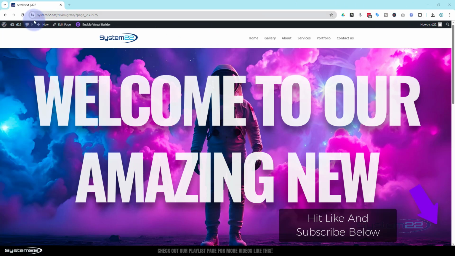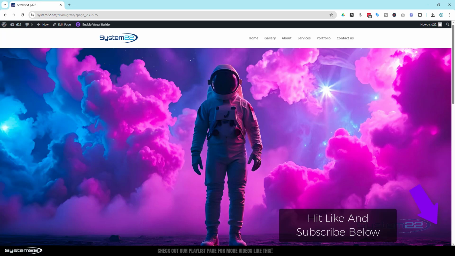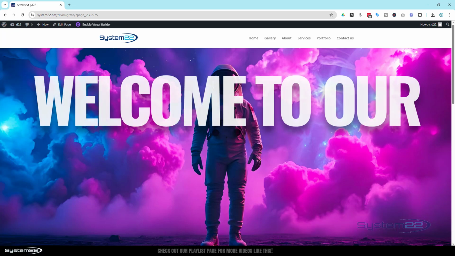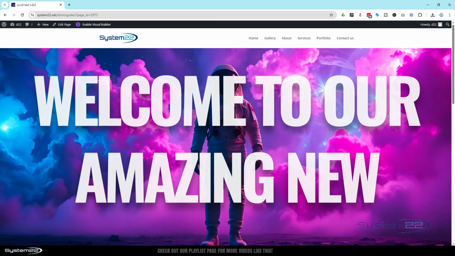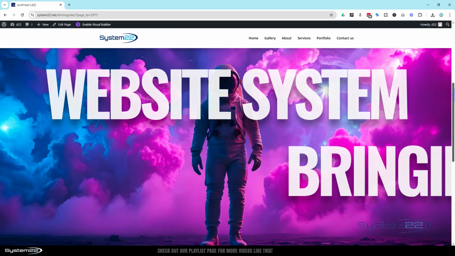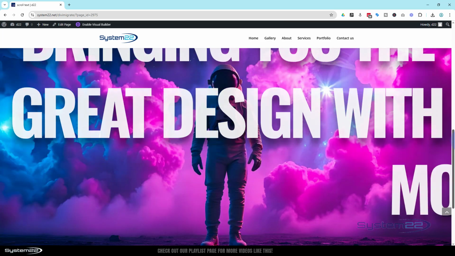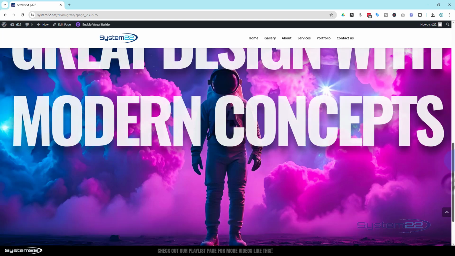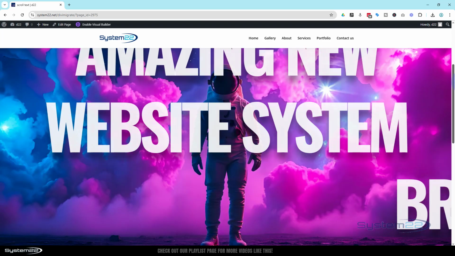I'm going to reload this page and we've got our page load. Then we've got our first little title rolling in there. Then our second little title rolling in there. And if I scroll down this page, you'll see that we've got various lines of large text rolling in from either side. And you can have as many of these as you want. When we roll back up, they're going to disappear out the same way as they came in, apart from our